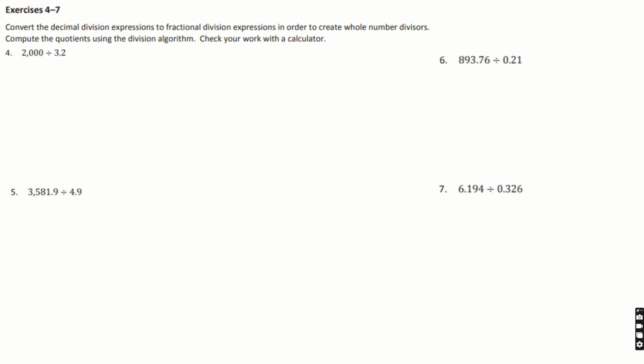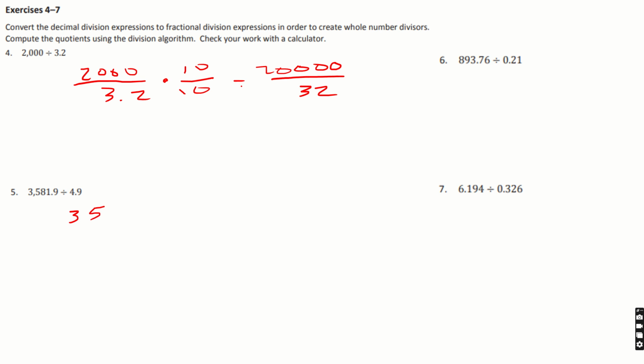Okay, looking at these exercises here, same thing is true. All we're going to do is change it so that we've got stuff set up to create our whole numbers. 3.2, so in this case, we would multiply each of these by 10 over 10, right? We'd get 2,000, and you see how that's 2,000, then we multiply by 10, so we'd add a 0, and 33.2 times 10 would be 32, right? This next would be 358 1.9 over 4.9. Each of these cases we're moving one space, right? One space and one space, so 10